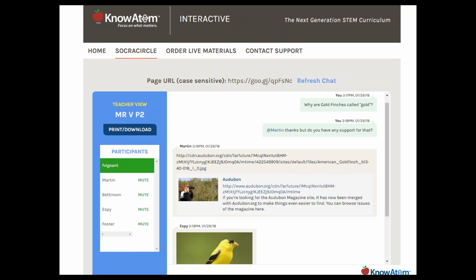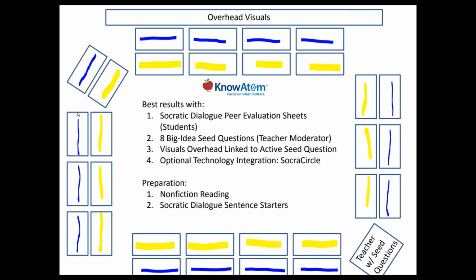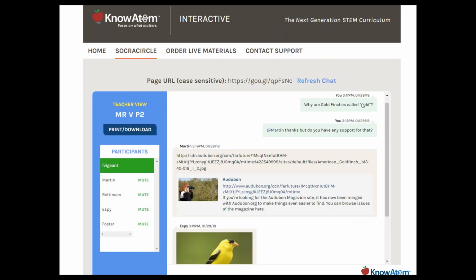And each Socratic circle has its own unique URL. They post that URL for the students. All the students can sign in. And then what you'll see here on the side is the student roster. Students have a student version of what you see here. And the students who are in the outer circle are having a nonverbal Socratic dialogue in SocraCircle. They're having the same kind of discussion that the inner circle is having verbally. And in fact, they're often adding on to those ideas, supporting the ideas,